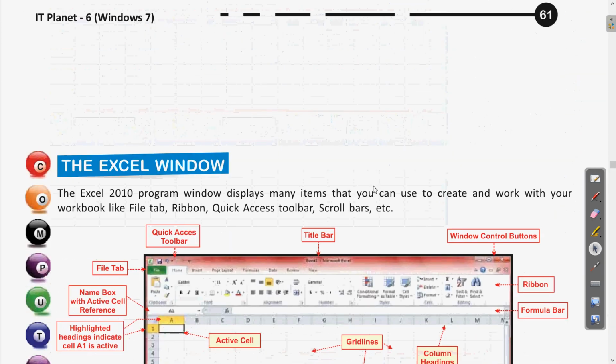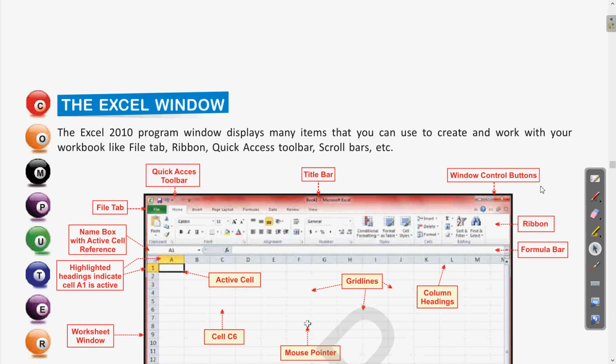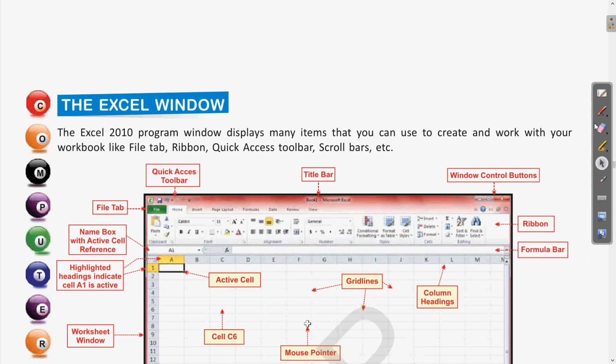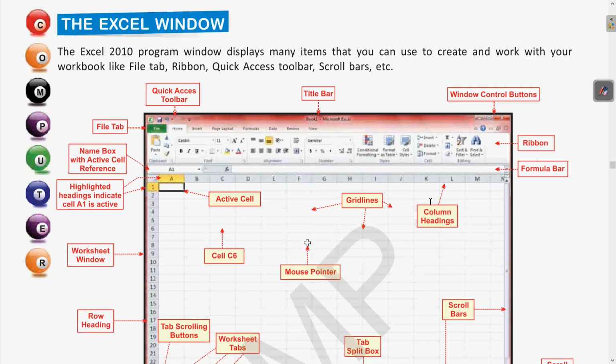Here now we will see each and every component of this Excel window and try to understand what are the different components present in the Excel window. So let us see these. The Excel 2010 program window displays many items that you can use to create and work with your workbook, like file tab, ribbon, quick access toolbar, scroll bars, etc. Clear?